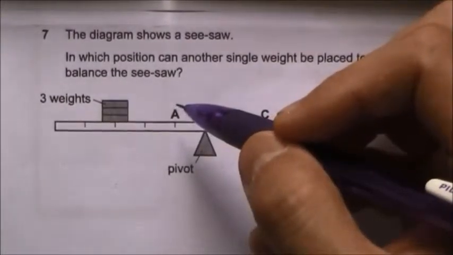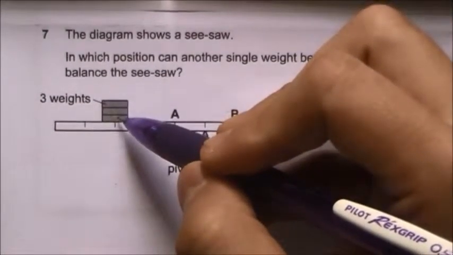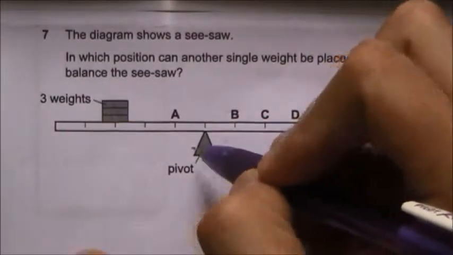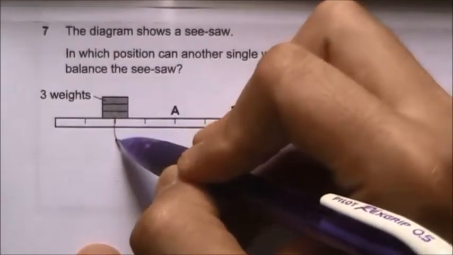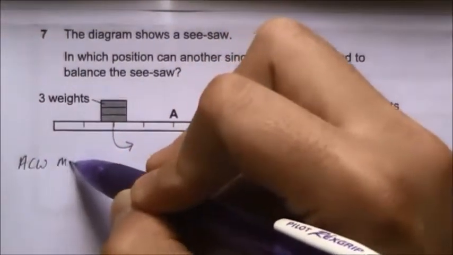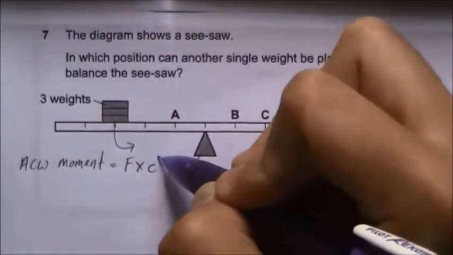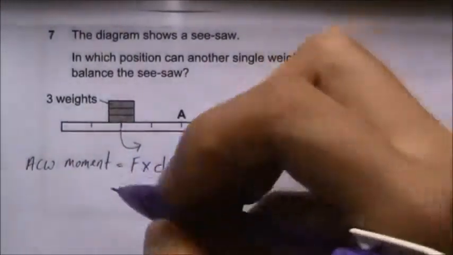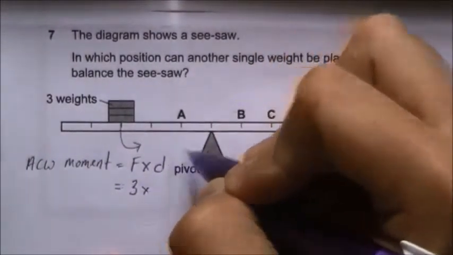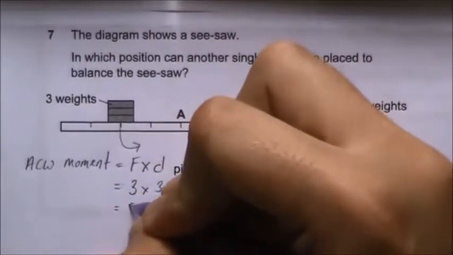This is a question on principle of moment. As we can see, there is 3 units of weight on the left side, and it is 3 units of distance from the pivot. So with this, we can calculate the anti-clockwise moment, which is equal to the force multiplied by the distance. The force in this case is 3 units of weight multiplied by the distance, which is 1 unit, 2 unit, 3 unit of length. So in total we have 9 units